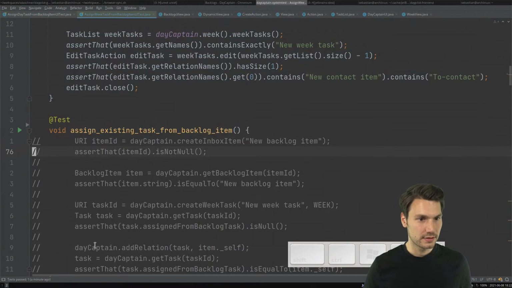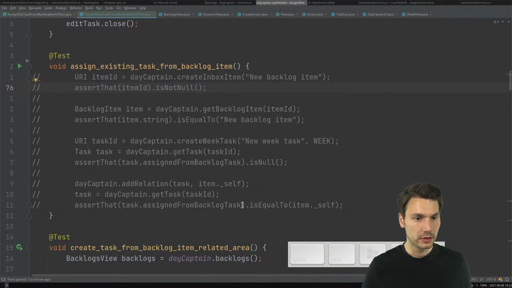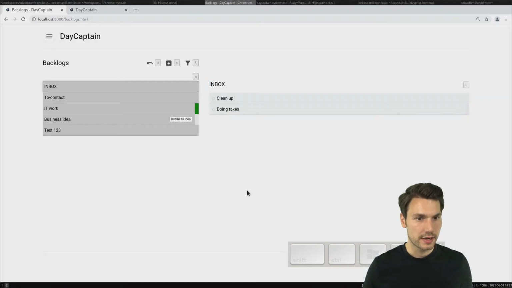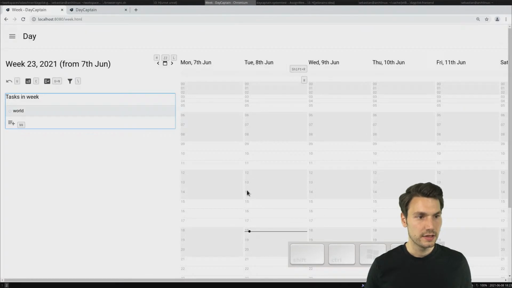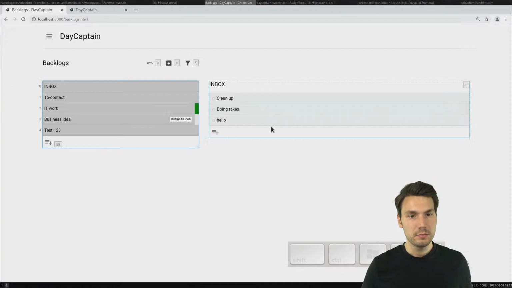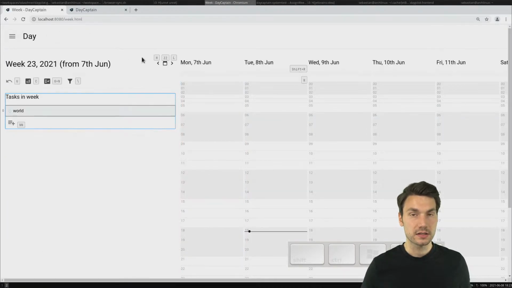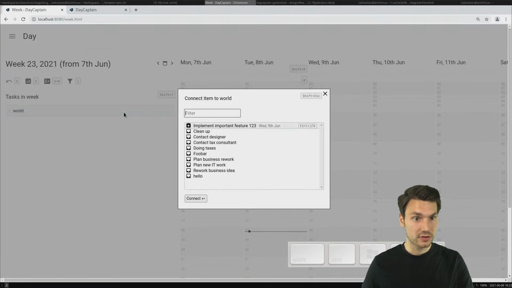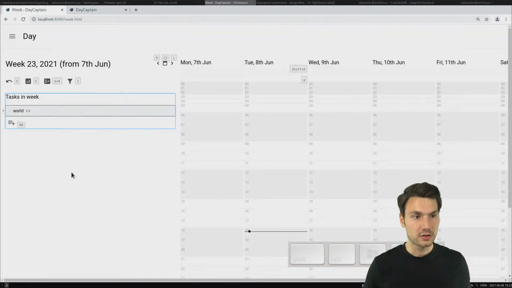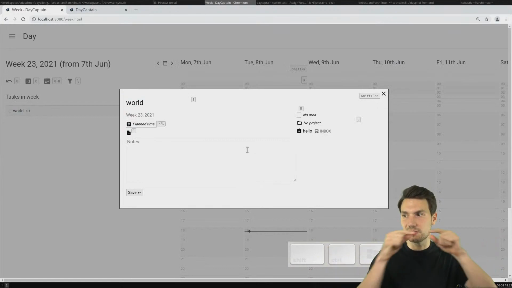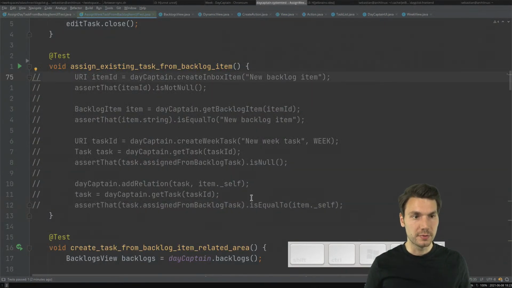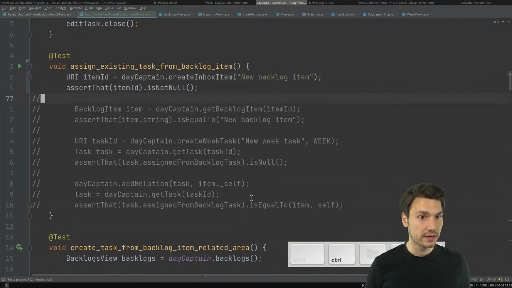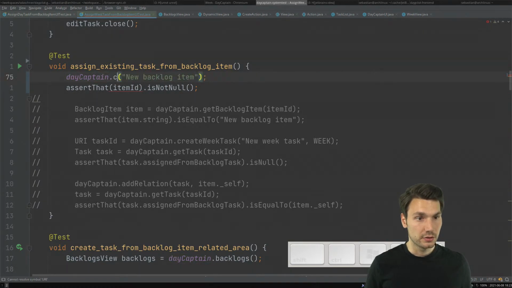So let's see. Assign existing task from backlog item. So with these connections, you can actually also set them up later. In case I have something like my hello task, and hello world task here, they're of course not connected. So I have one inbox item that just says hello, and I have a task in this week that is called world. Now they're not connected, but I can connect them. If I set up the relation here, I can search for some other items like my hello, and then I can go and connect this later on. So, kind of like going to a graph and then drawing a line between these two elements, that also works. And that is this test here, what that should do, because I can do that later on, that I don't do it immediately, but basically at first I say, now that's the wrong UI, API, create,